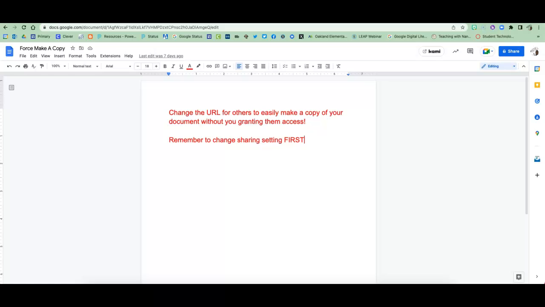So this is going to show you how to allow them to make that copy on their own, and you don't have to get those emails, or if you just don't want them messing with any viewing portion of your document, this will allow you to do that with any of your Google apps. You can do it with Docs, Slides, Sheets, and this is how you're going to hack that. So the first thing that you will need to do is change the URL,